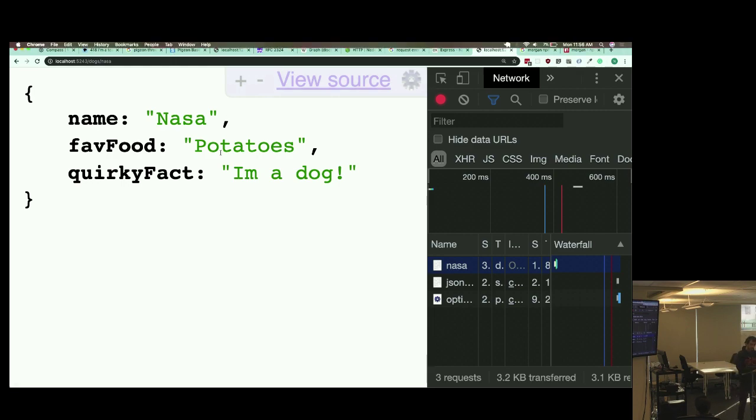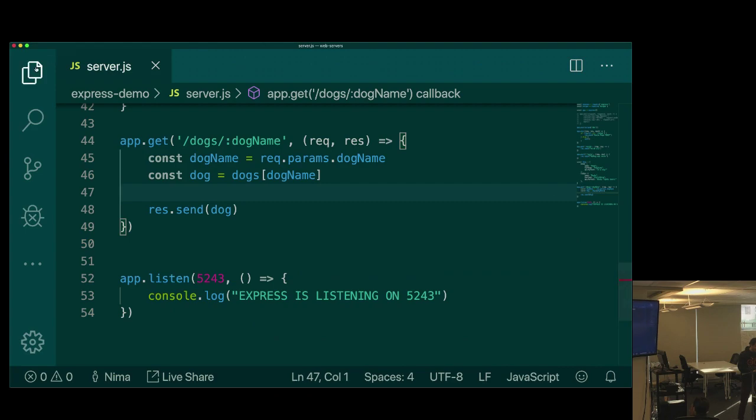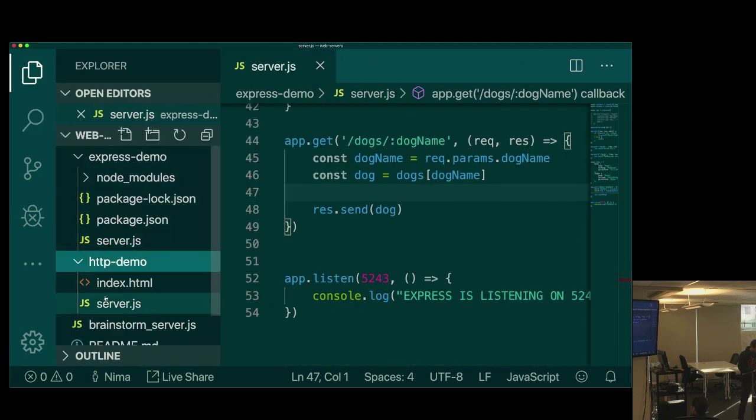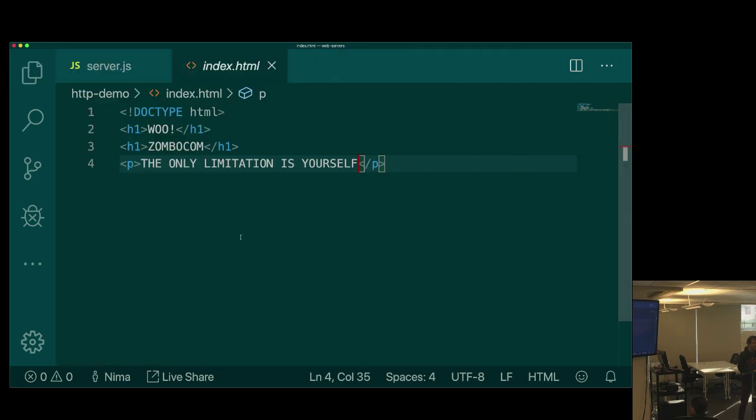Right? So our last step here, and we're going to go over by just a couple minutes, but it's going to feel like I'm rushing through this last thing, because I just want you to play with it as opposed to just watch me use it. I'm going to answer that question from way, way back at the end of the first half, where the problem was when we have something like this, our index HTML page, and I want to send this back. I can still do this with Express, right? I can still load in a file and then just send that file. But